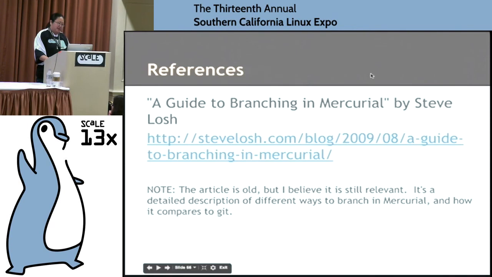Let's see what else. This guide to branching in Mercurial was actually really important to me, because Mercurial branches annoy the bejesus out of me. So in Git, I got used to making lightweight branches and changing the names and deleting them. In Mercurial, the branch names end up in the global namespace. So in the repository, if you decide to make a branch and you're not careful about naming the branch, you decide to name it Steve, that name is gone forever for anyone else.